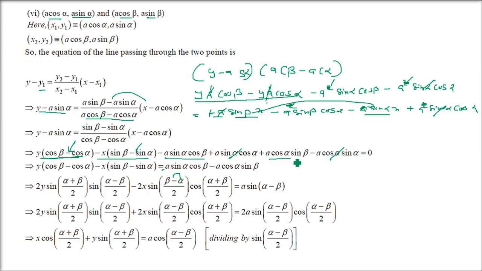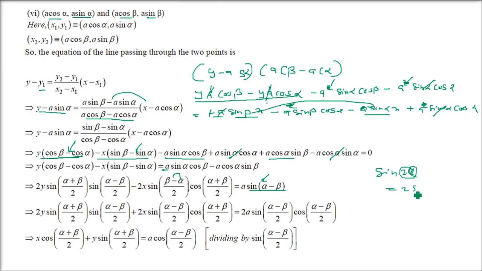Now on the right hand side, if you take a common factor, you get sin alpha cos beta minus cos alpha sin beta, which is what? Sin alpha cos beta minus cos alpha sin beta is sin(alpha minus beta). Now for this sin(alpha minus beta), we have to write it as sin theta, or you can say sin 2 theta.